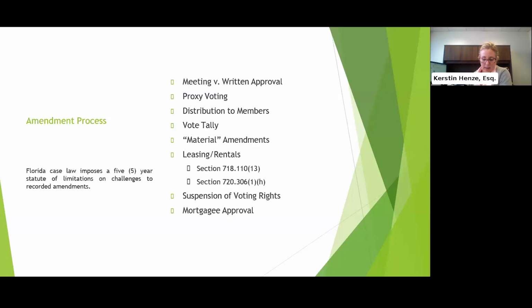All right, leasing and rentals. We'll talk about amendments to authorize purchases and leasing, but I wanted to point out two sections specifically in the statute that address leasing. Now, neither 720 nor 718 really speaks to substantive use restrictions.